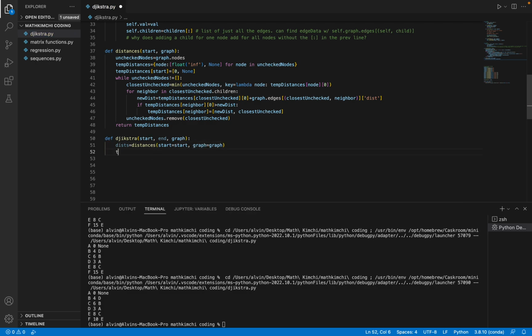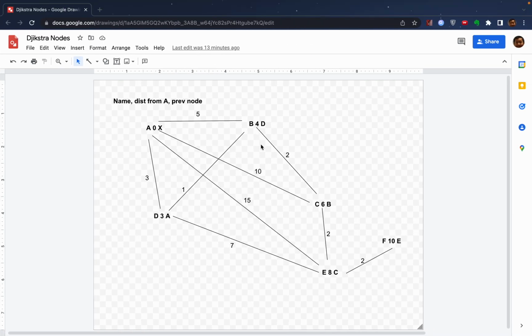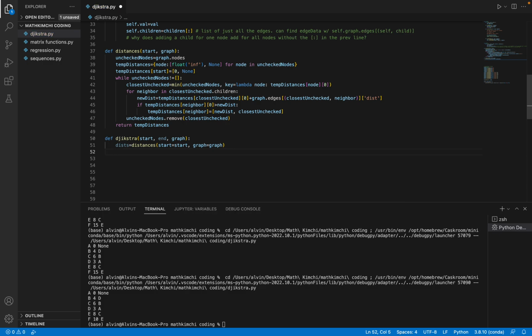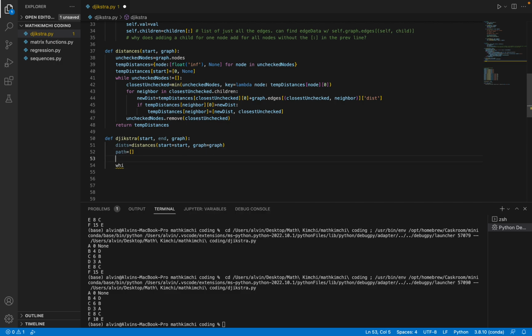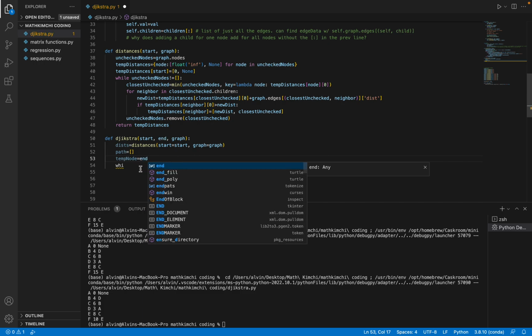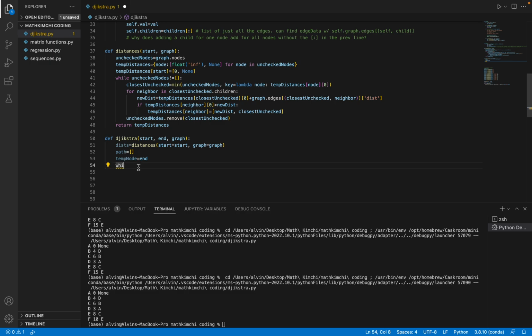And so from E we go to C, from C we go to B, from B we go to A. So return path equals temp node equals this end. True